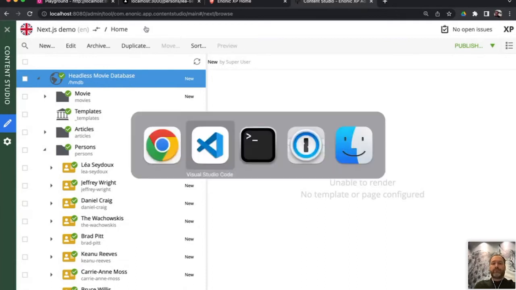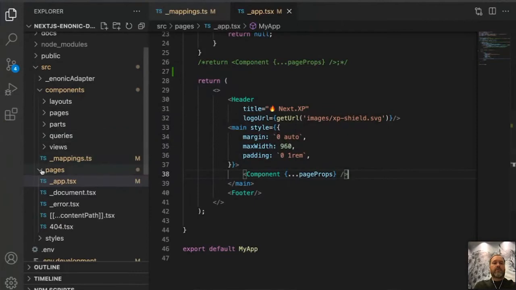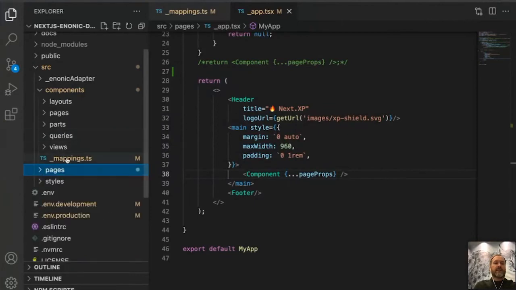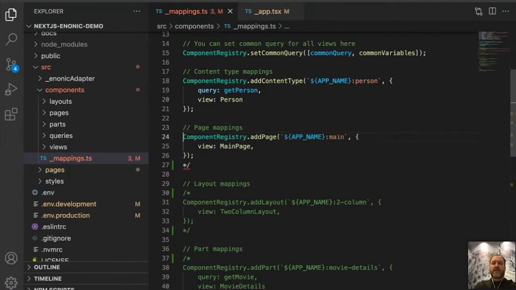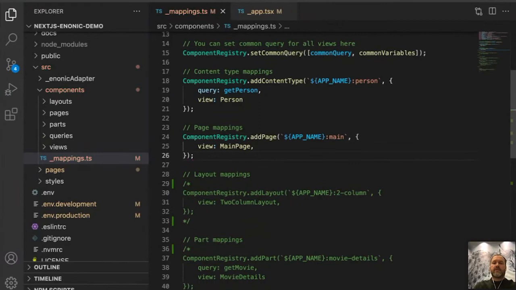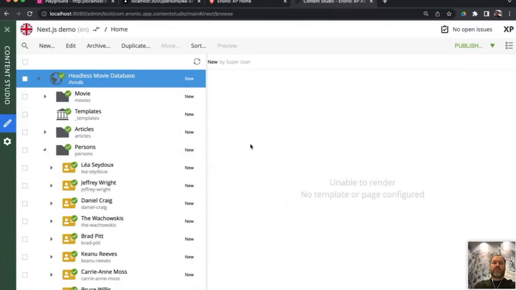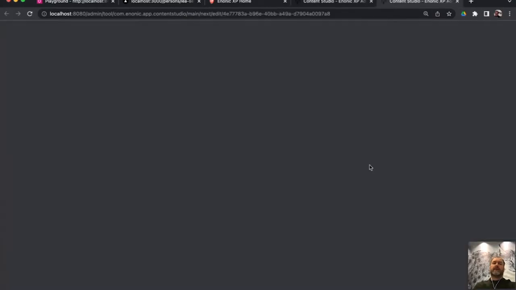Moving on to the code again, I can see the mappings once more. You can see that there's a page mapping here. I'm saying let's register a page component, and it's basically called main, right? And then let's use the view main page. Okay, saving. I'm going back here, and I'll now try to edit this page. As you can see, nothing so far. If I click edit,